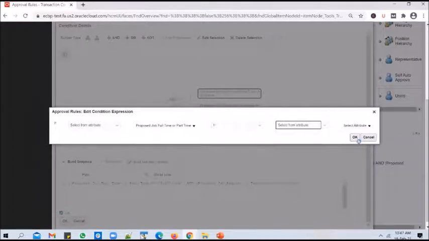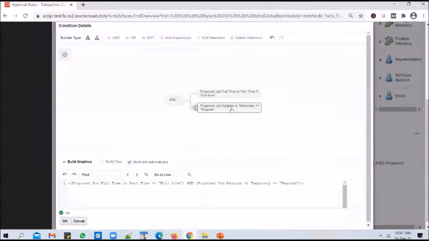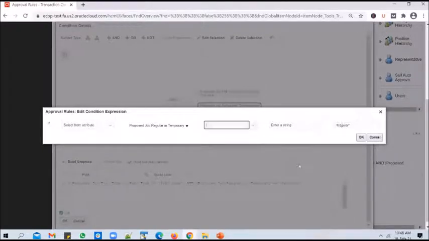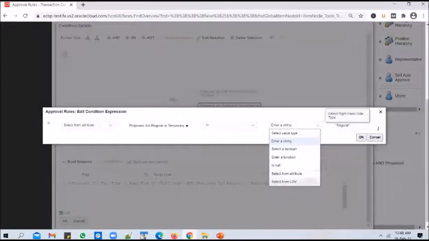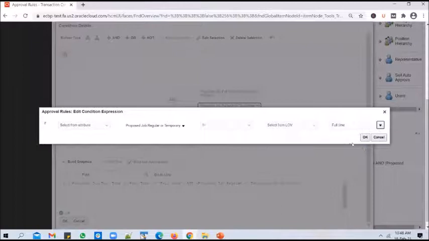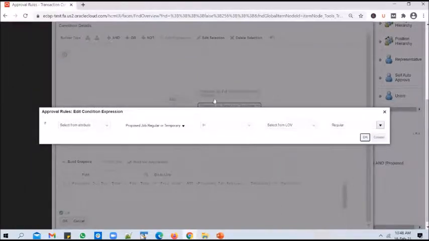Select from attribute, select from LOV, and full-time, not equal to full-time. So we say if the job is not equal to full-time and if the job is not equal to regular, you can say select from LOV, and you select regular in that.